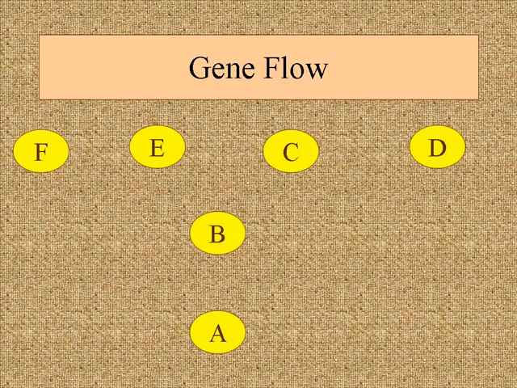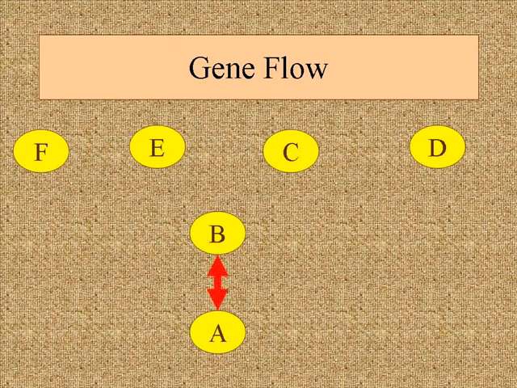Now the second source of variation at the population level is gene flow. And as we'll see, gene flow has the effect of increasing variation, increasing the variation that's available for natural selection to act on. So with gene flow, we're looking at populations, in this case labeled with letters, that are scattered across a larger area. And we can conceive of this as over a region, over a continent, or even across the world. But what's important with gene flow is that the adjacent populations are in contact with one another,